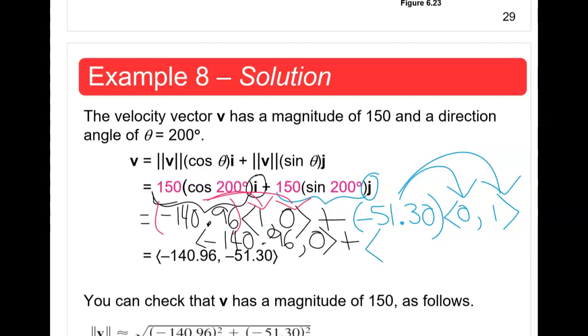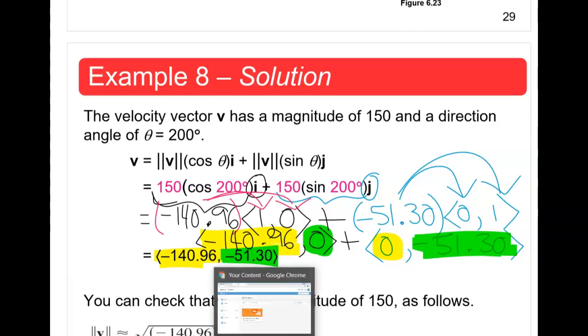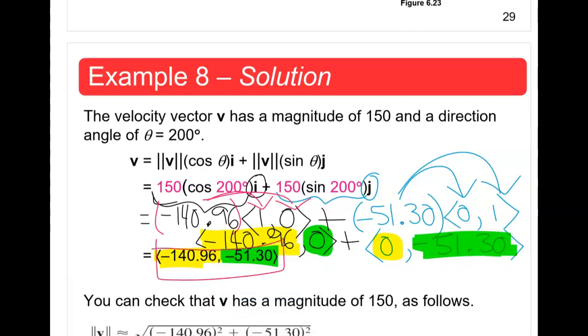So that will be 0, negative 51.30. We close that. And now if we add the horizontal components, we will get that because we're just adding 0. And if we add the vertical components, 0 plus negative 51.30, we will get negative 51.30. So the final answer is the one that you see here. That is the velocity vector